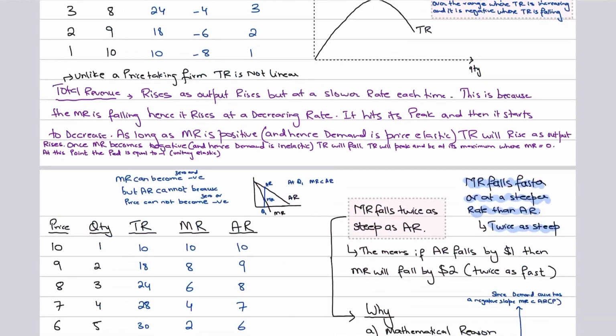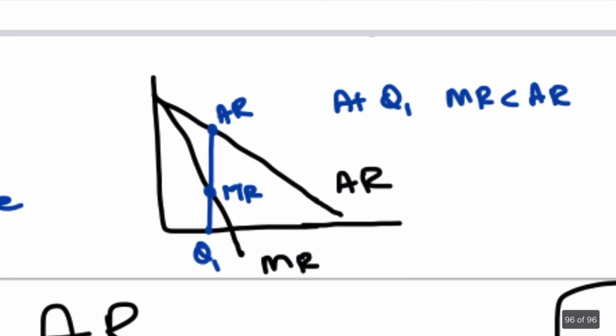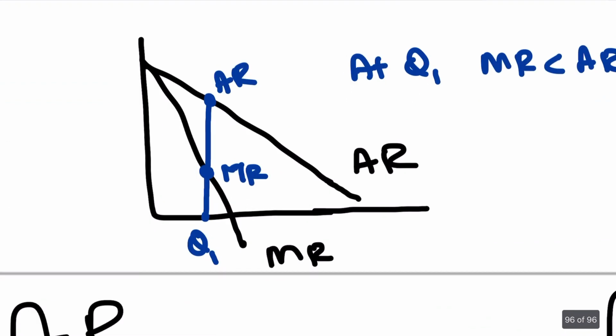Now, another important thing that you need to understand is the relation between MR and AR, right? For a firm in imperfect markets, such as, let's say, a monopoly. So, guys, when the firm is a monopoly, first of all, we know that average revenue is falling. Second of all, we also know that marginal revenue is falling. So the important thing that you need to know is that at any point, let's say Q1, at an output of Q1, if this is your MR, then